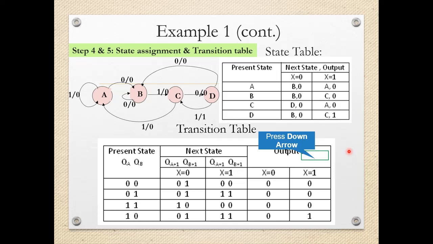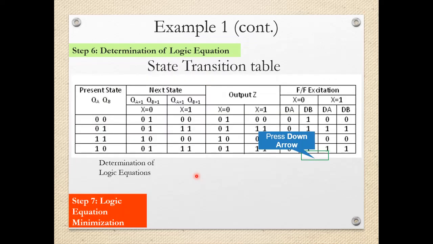So this is the column of present state. Similar things are done for the next state column also. Wherever there is a state name, it is replaced with a state code. Here I have separated the output column. All these zeros correspond to x equal to 0, and all these zeros with the last entry as 1 correspond to x equal to 1, which is also separated out. Now present state, next state and output columns are separate. This table is called the state transition table.